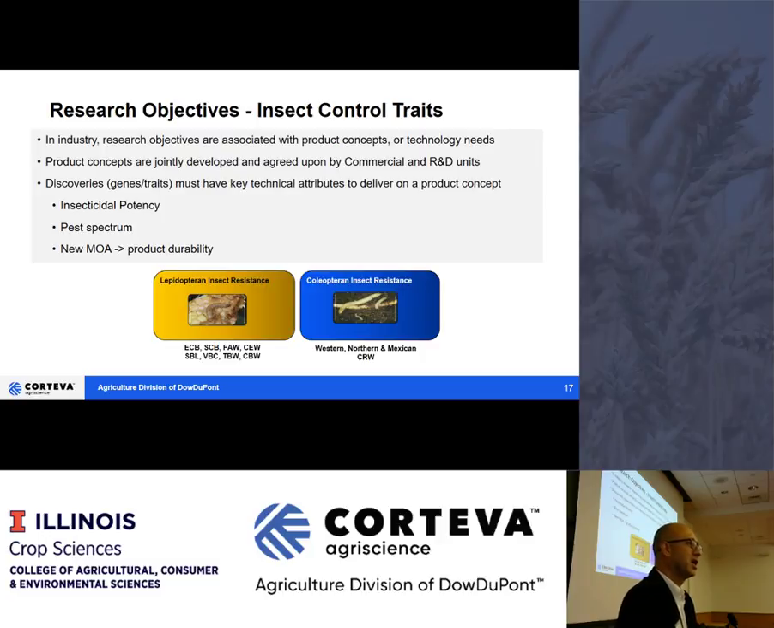One example is the case of CRISPRs. Technologies that have been incorporated into our platform to be used in different ways, and then we define what is the best use of the technology and for what purposes, and how does it fit the models that we have. Very importantly is the fact that product concepts are jointly developed with our commercial R&D units,